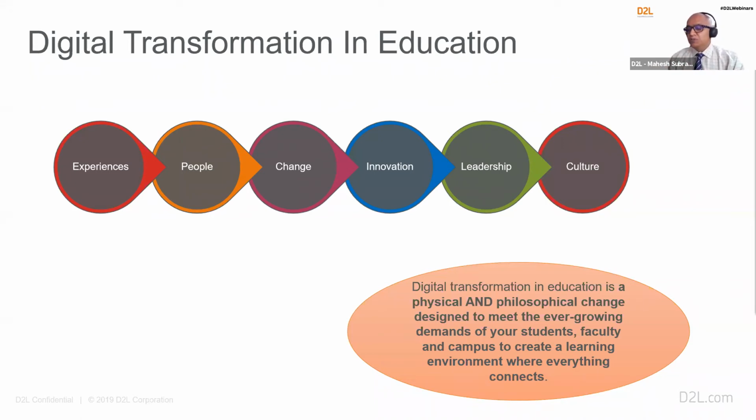In terms of the 6 pillars, the next one is leadership. As an institution, there are two ways to do digital transformation. One is a bottoms up approach, the other is a top down approach. But we've always found that leadership is important, because with a leadership that is engaged with the digital transformation exercise, the most important aspect of the digital transformation exercise, building a technology culture within the institution,